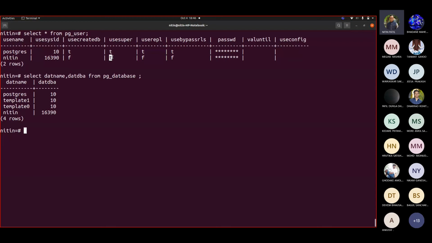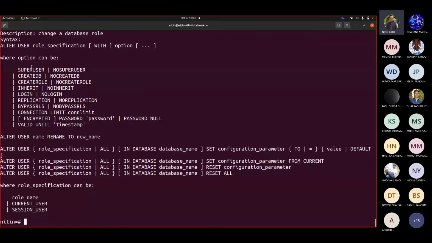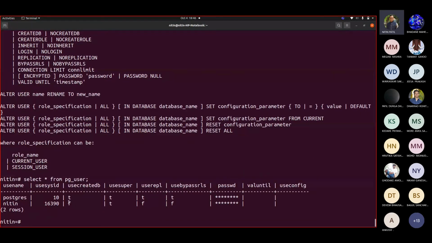So suppose if I have to change the permissions of this user, as we are super user, you write alter user. So let us check the command alter user. Okay, so we want to give create DB permissions. Say for example, if I see this, it is not having permission of creation DB. So you write alter user Nitin with createdb.